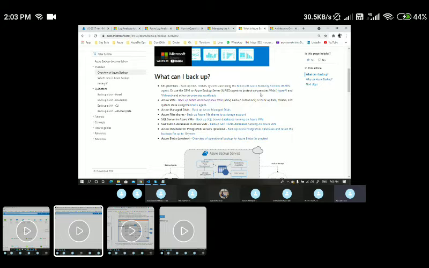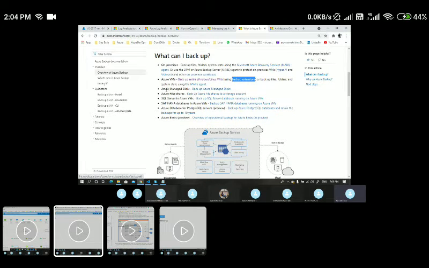We can also take a backup of on-premises VMs, if there are any VMs hosted on Hyper-V as well as VMware. We can take a backup of those servers as well. And we can take a backup of Azure VMs, both Windows and Linux. When you do this, a backup extension will be installed on the VMs, and this extension will help you take a backup of your entire VM. We can also take a backup of a specific disk. Instead of the entire VM, we can take a backup of only the OS disk also.